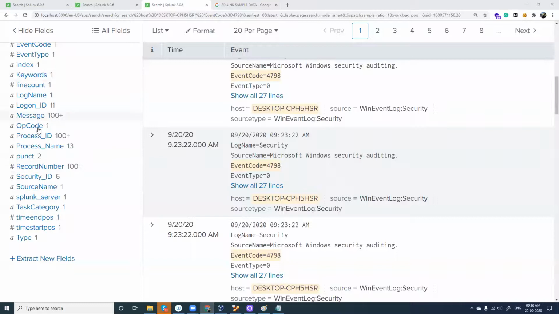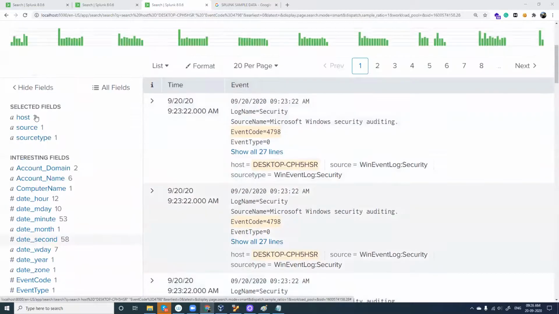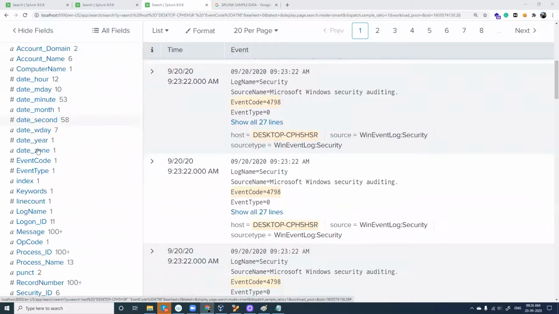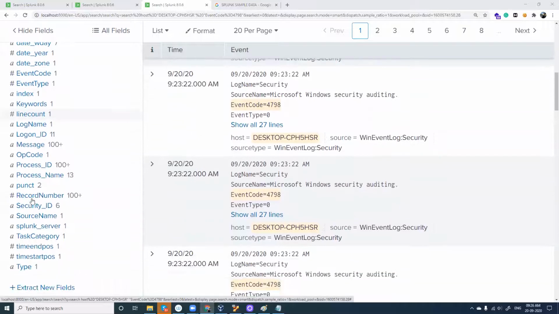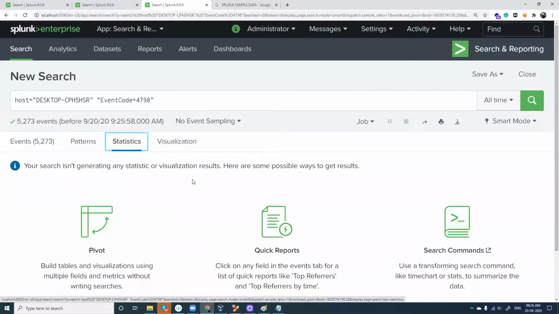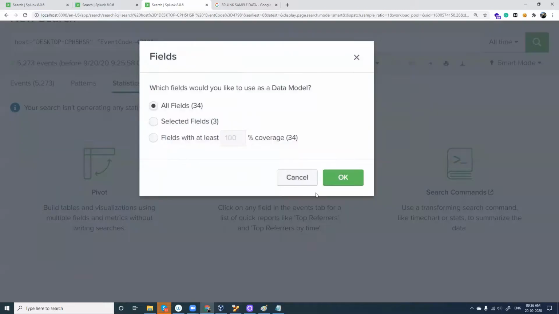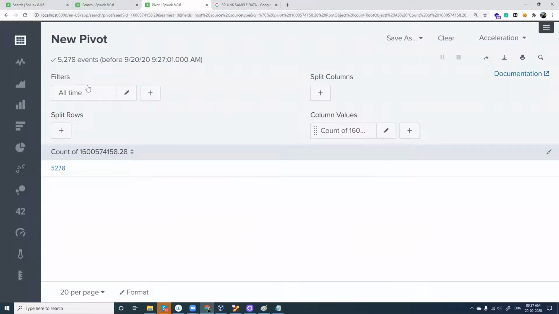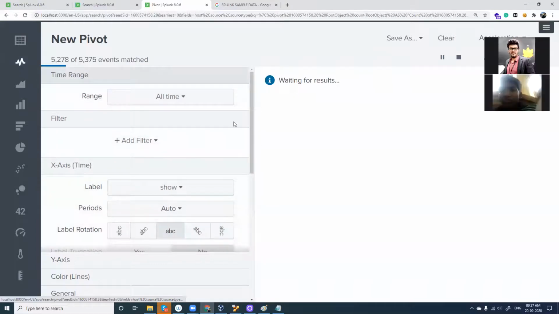Fine. You can also use this for adding any of the selected fields. You have different categories based on date, event type, index, keywords, and message. You have so many things which Splunk can do, right? And you can go for statistics or visualization, wherein it is going to give you a lot of different options here. I'm going for statistics. We'll create a report here with selected 3 fields. Okay. Now it is going to show you graphically what has happened, something like this.